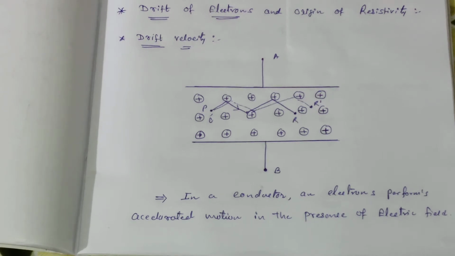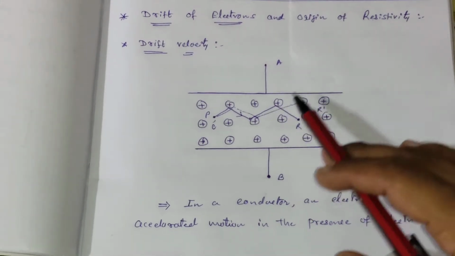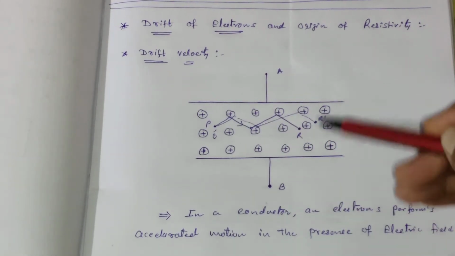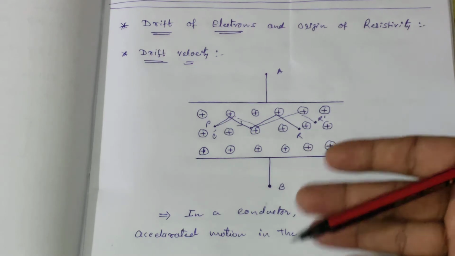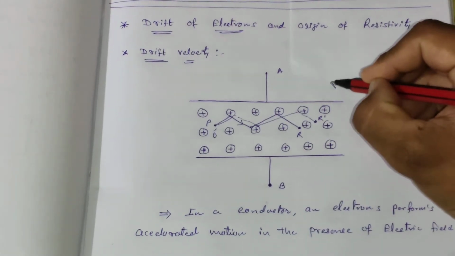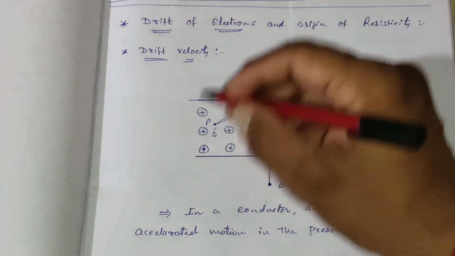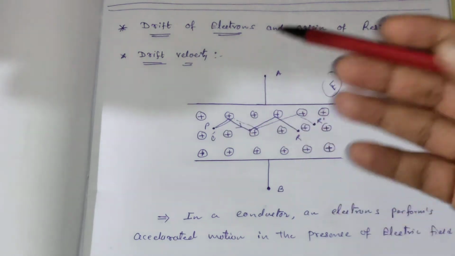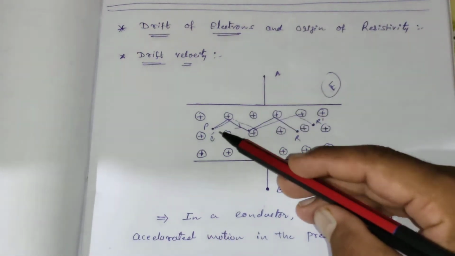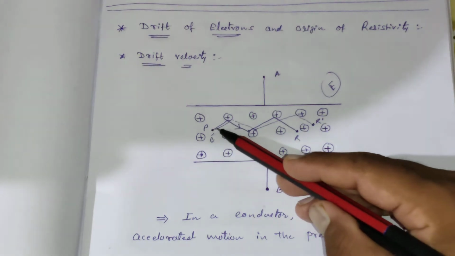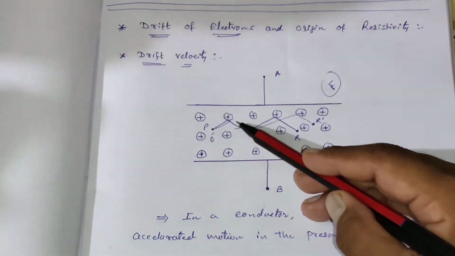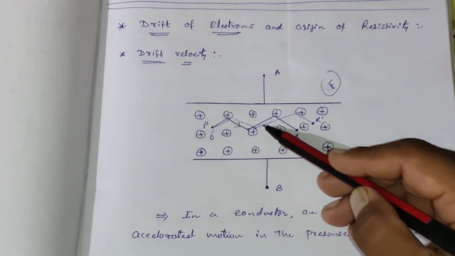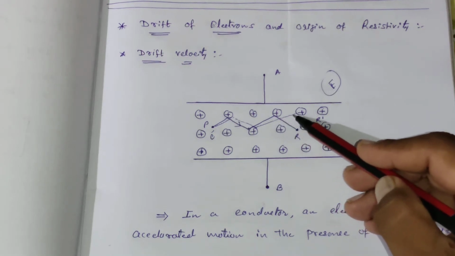Now in the presence of an electric field, first try to understand the theory, then we will go for the mathematical part. In the presence of an electric field, this entire cross-sectional wire is put in an electric field E. Externally, this electron gains some energy, and under the influence of this energy it performs a motion. Whatever path is obtained by the electron is indicated as a dotted path. Here you can see my pointer.